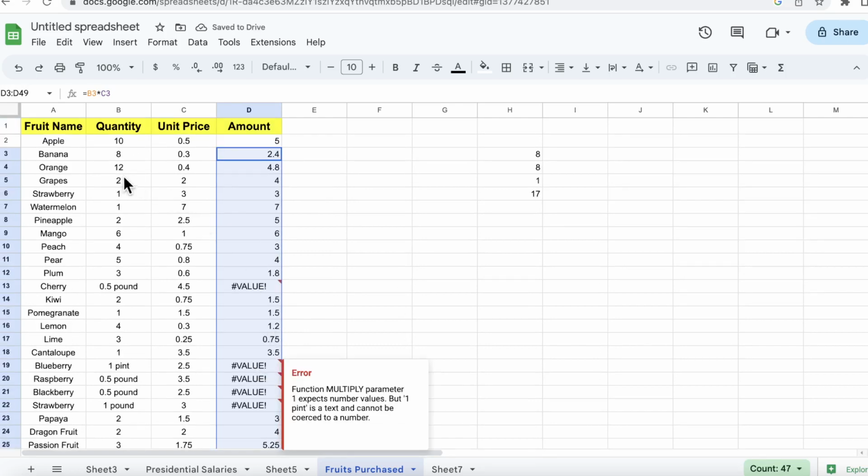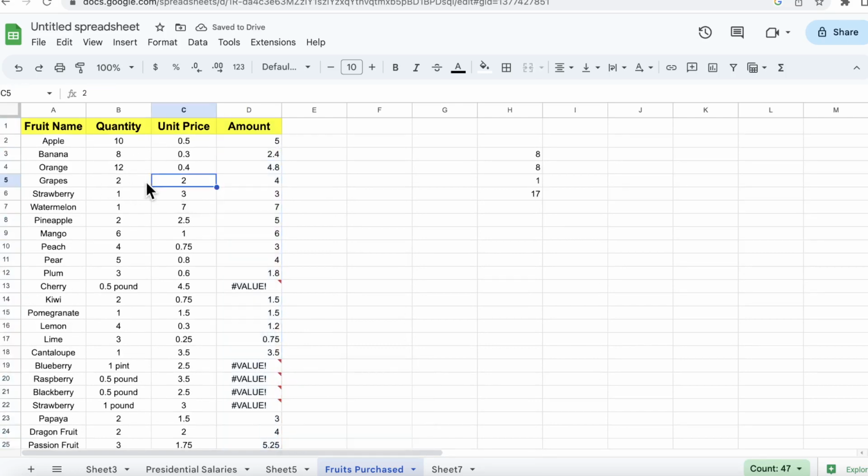Great. So you can see 2 times 2, 2 times 2 is 4. 1 times 3 is 3. This is all about AutoFill. Right? So AutoFill works not only with formulas, but also with functions. Okay, AutoFill can do a number of things. Let's look at something. Let's say